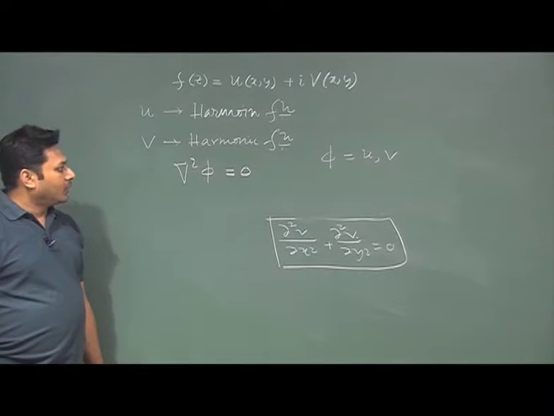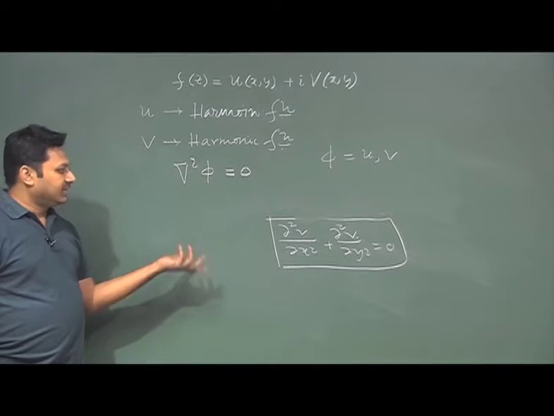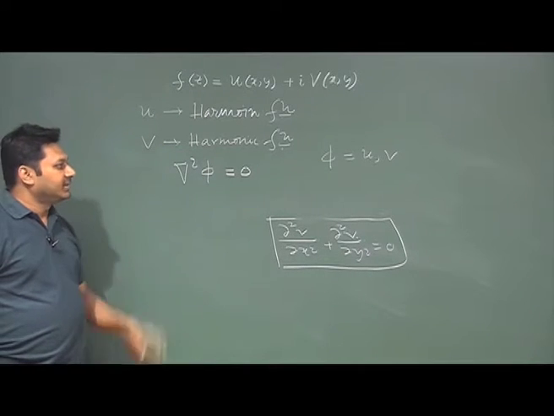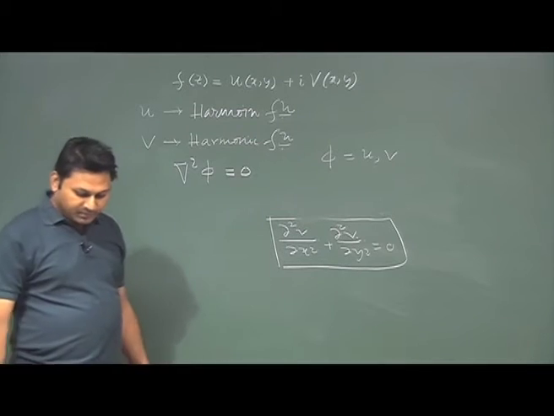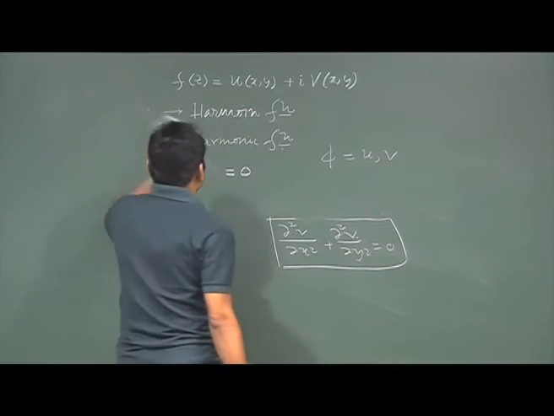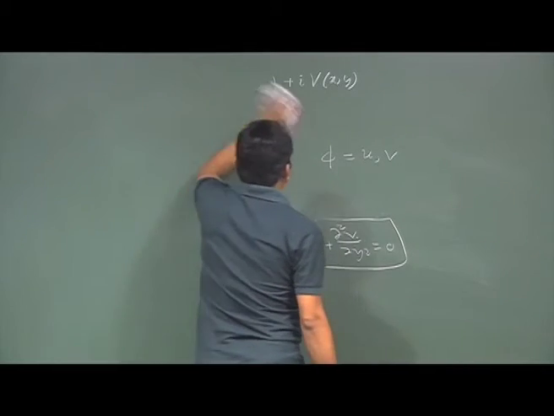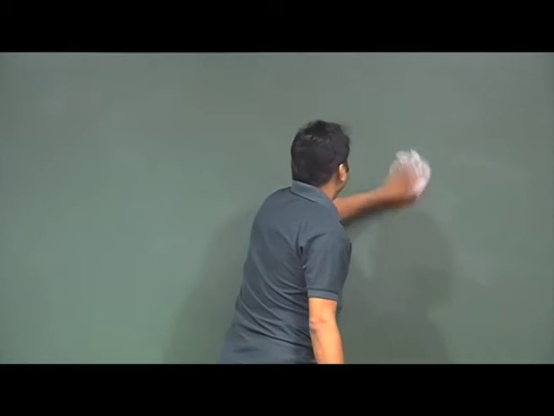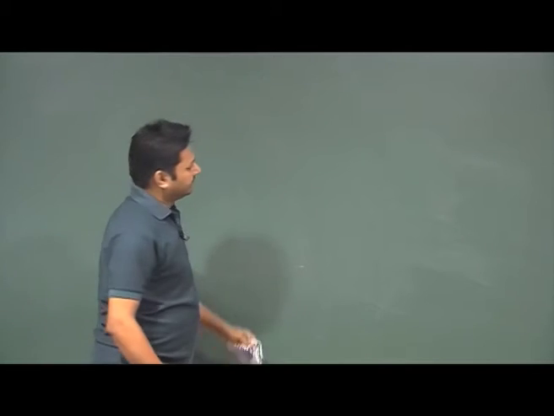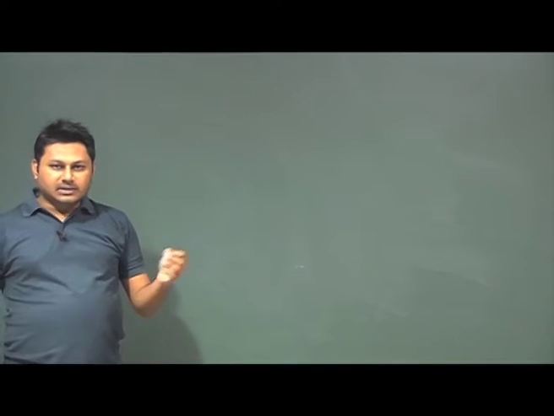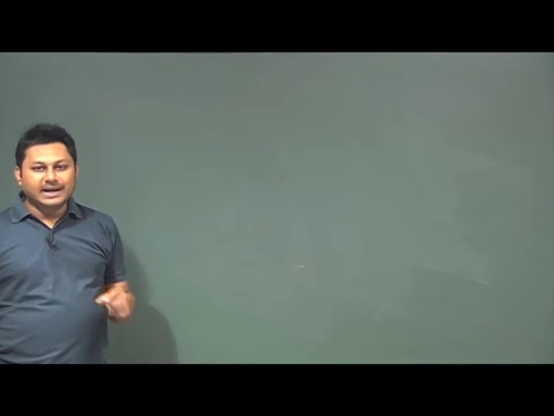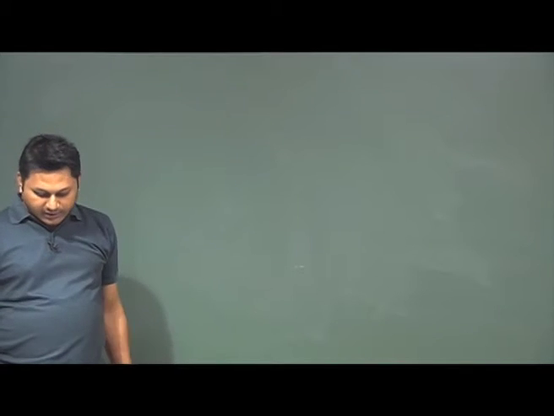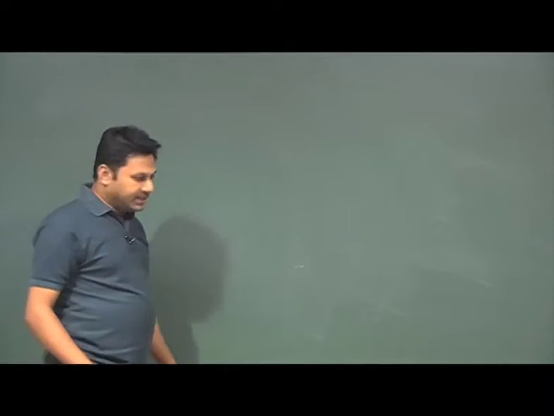Okay, so after having this small calculation and all these things, now we try to exploit this more and try to figure out if u or v is given to us, then it is possible to find out the other conjugate so that the entire function should be analytic. So, let me give you one problem. I already have one problem.